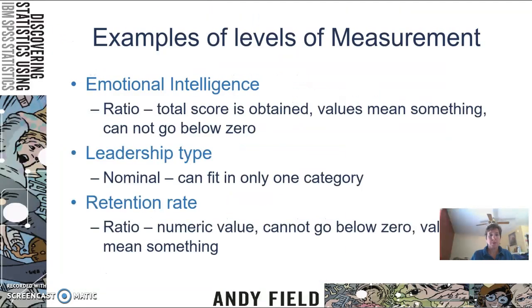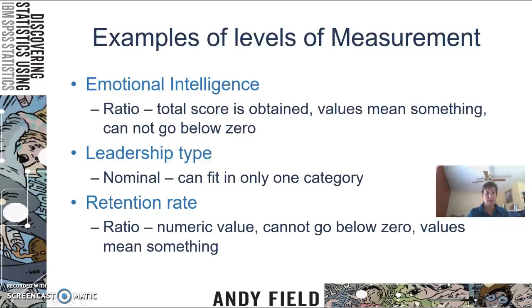So here's some examples of levels of measurement. Again, I'm going to use emotional intelligence, ratio, it's got a total score that's obtained, the values mean something, and emotional intelligence cannot be a negative number. Leadership type, nominal, you can fit into one category. All right, one type of category. And then retention rate is ratio. It's a numeric value, cannot go below 0. I think my screen, there we go, that moves that out of the way. So I've got ratio, it's a numeric value, cannot go